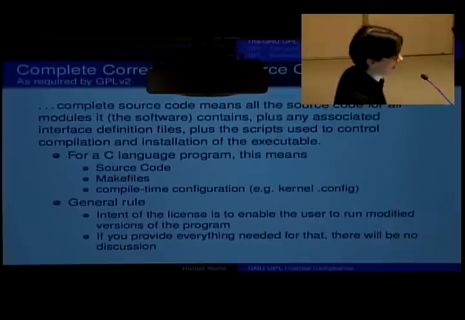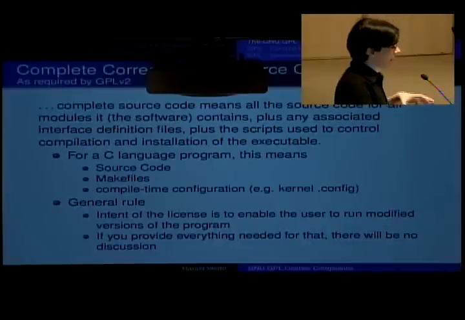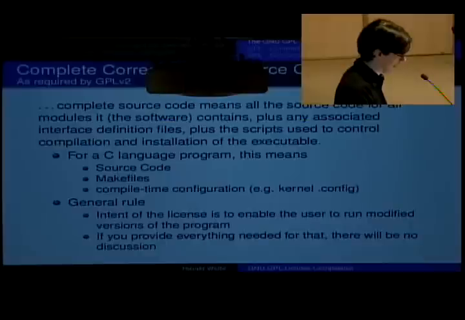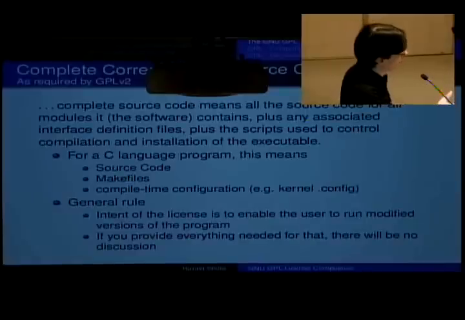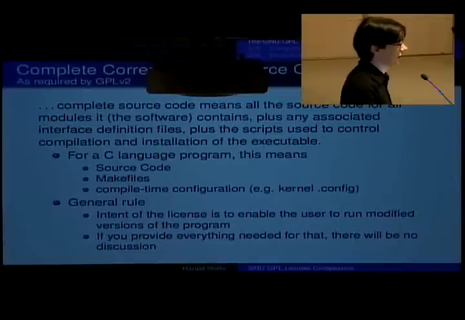I'm not preparing it because some lawyer has written that into some license, but you're preparing the source code release because the intent of this license is to facilitate a certain development model, a cooperative development model of software development. And you need to provide what's needed to make sure the recipient of the software can recompile the software, can modify it, and can run modified versions of the software. If whatever you provide is sufficient for the receiver to do so, then certainly you have fulfilled the obligation.